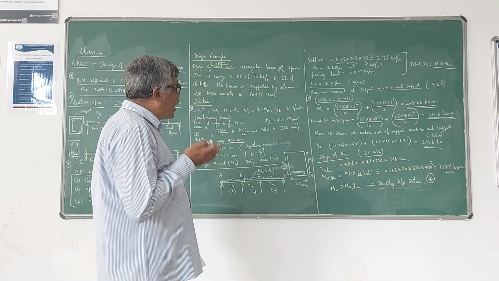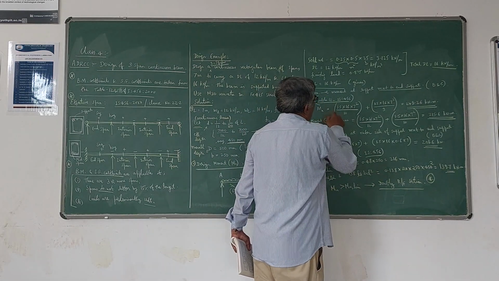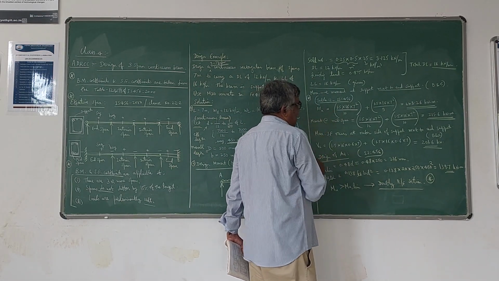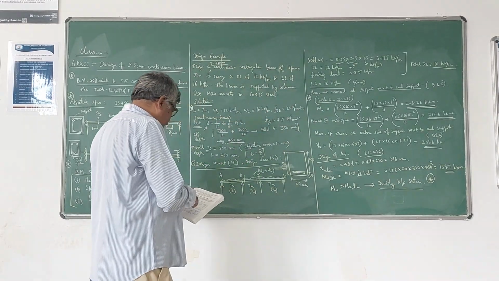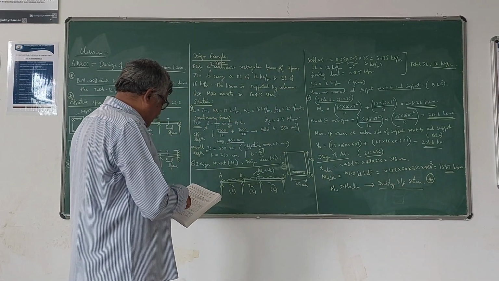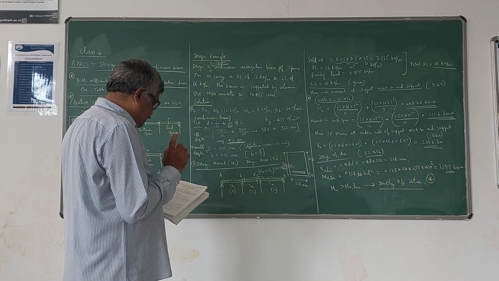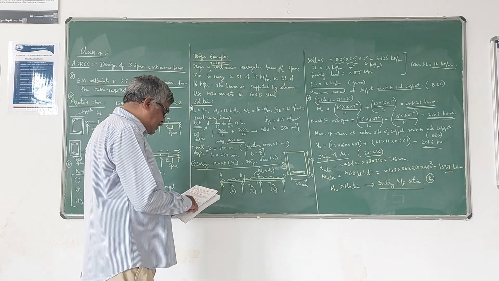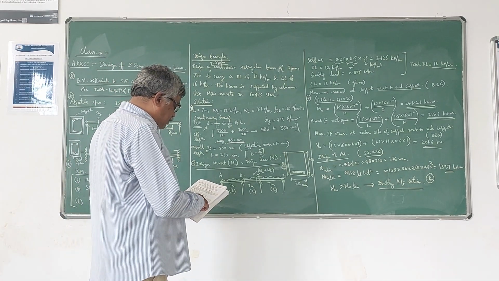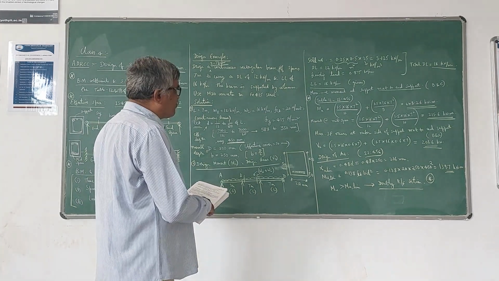Now to calculate the MU value, that is the negative bending moment value, first we have to multiply. Here in this table, Table 12, for dead load and imposed load, the coefficient is minus 1 by 10. So you can see here, support moment at the support next to the end support, the coefficient is minus 1 by 10.